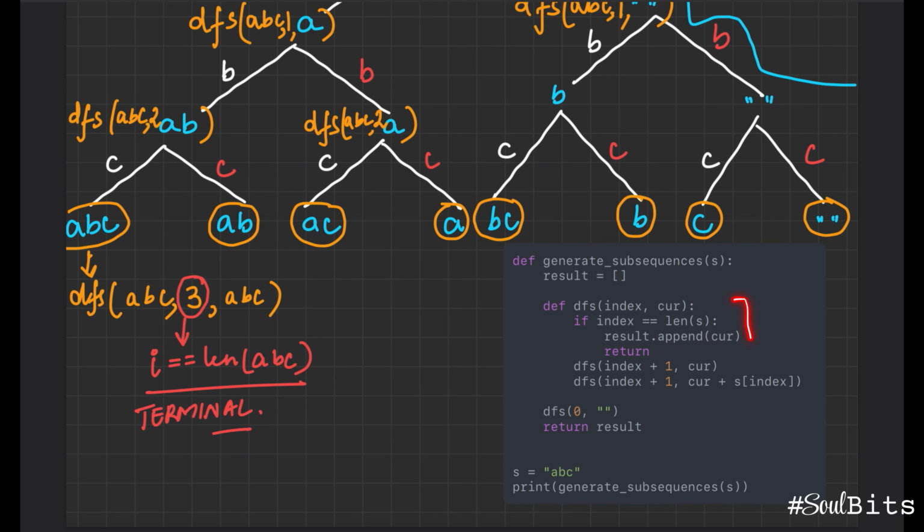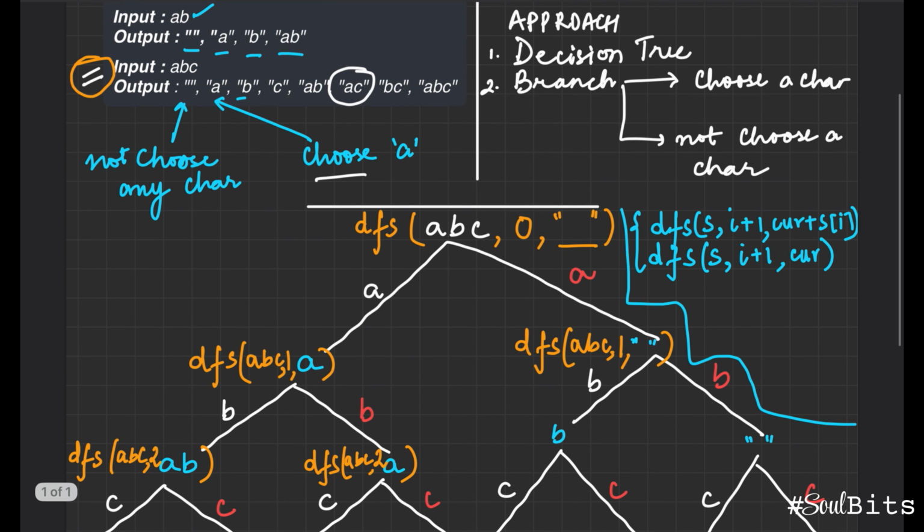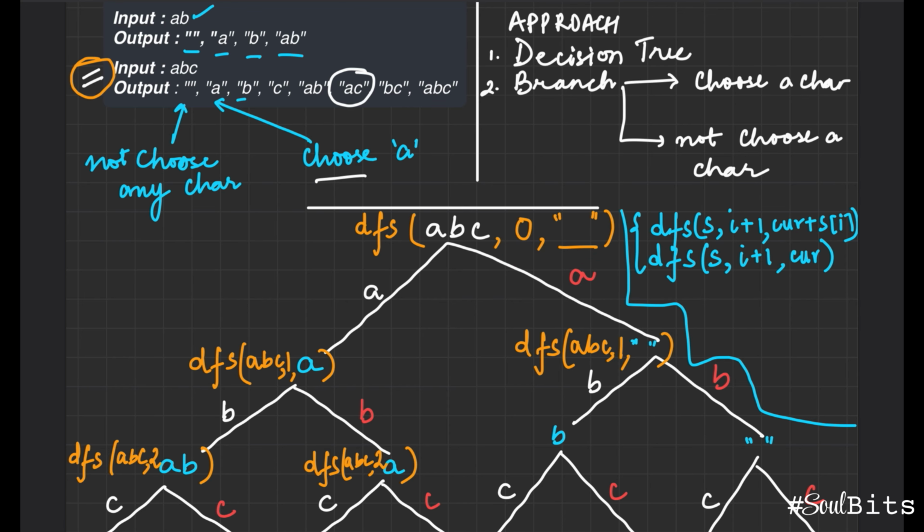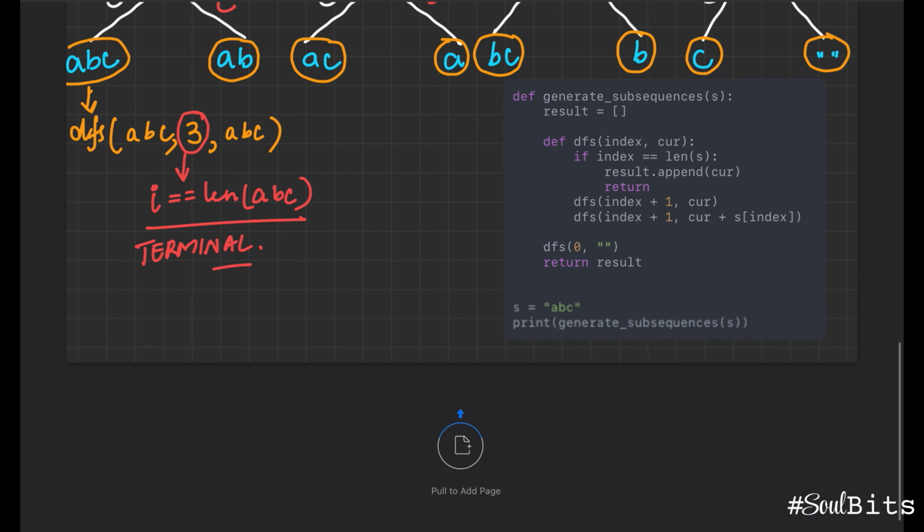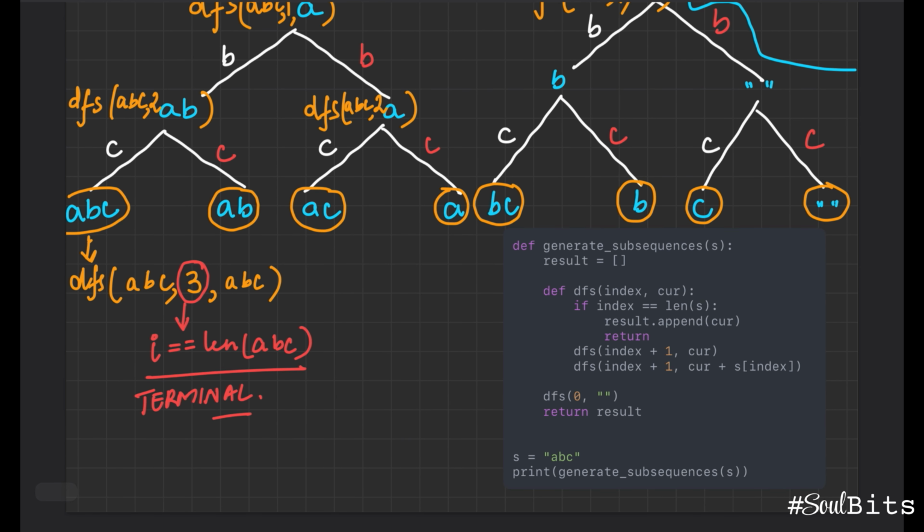And this essentially collects all our leaf nodes and all our results in the result array so that you can return it. One last thing to notice here is the initial statement that we start with. We start with 0 and an empty string, exactly what we did here. This parameter is not defined, like I said. The parameter s, which is our global parameter, is already available in scope because this function DFS is defined within the generate subsequences function.